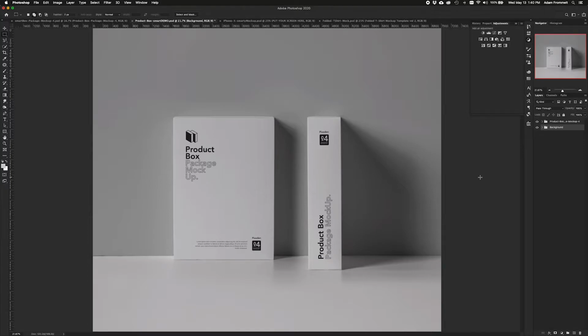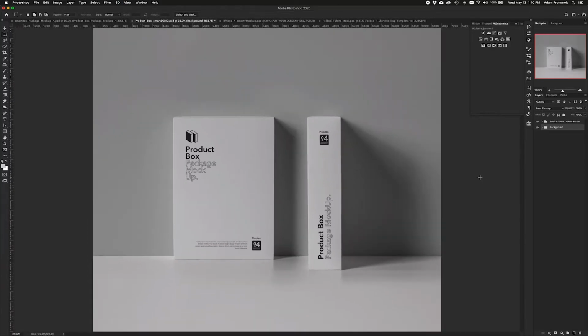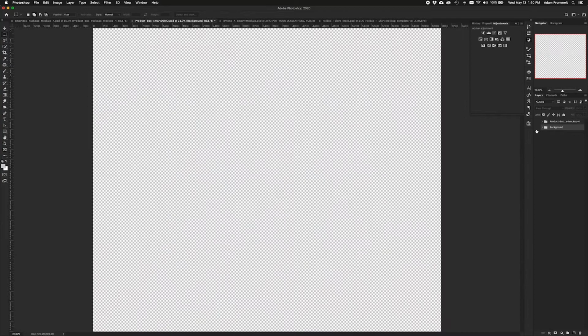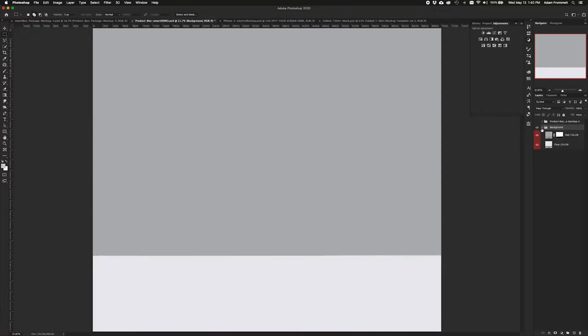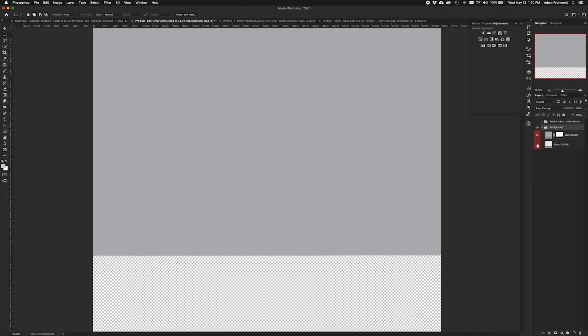This is the original package mockup. And when I first open these things, what I like to do is head over right away to the layers panel and turn everything off. I like to flip through here bottom to top as the visibility goes in the layers panel and flip things off and on and see what's in here and get a quick look at kind of how this thing is